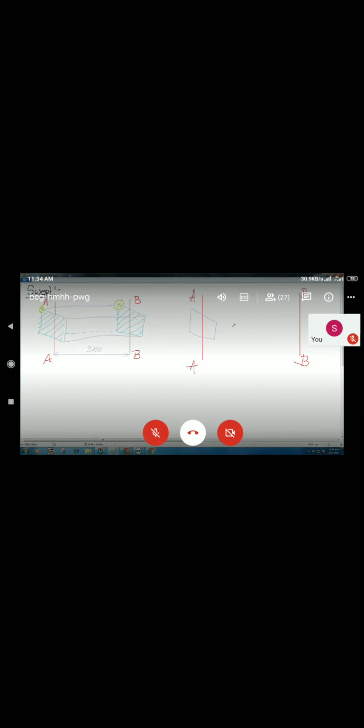Your cross section will be this. The first section will be a square. The second section will now be a circle.